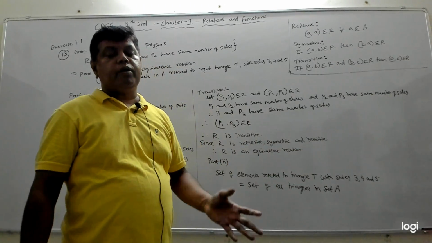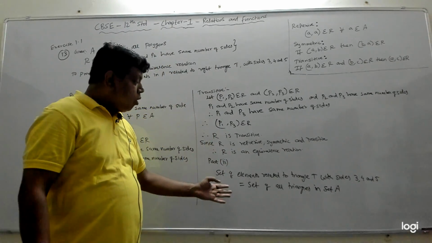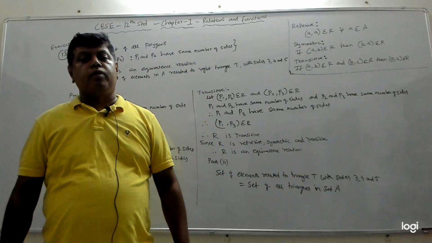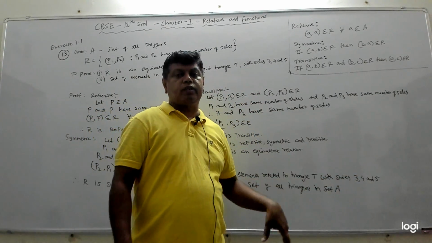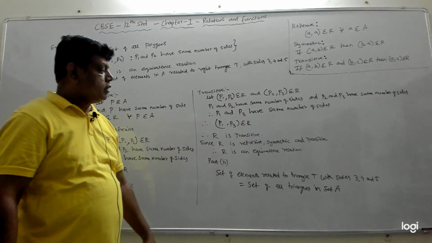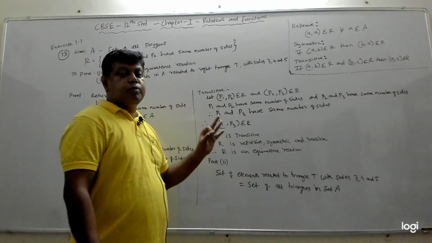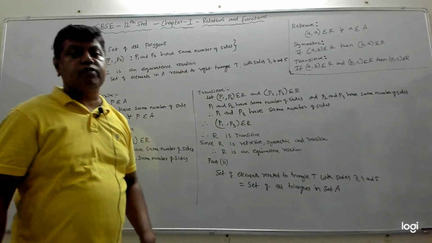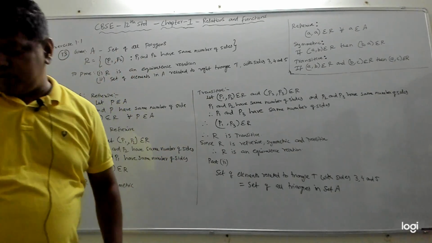And all the polygons having 3 sides, this means what? A polygon having 3 sides means it's a triangle. So all the triangles from set A will be related to this triangle with the sides 3, 4 and 5. So this does not matter. What matters is the number of sides. Whether it's a right triangle or not, those things don't matter. What matters is how many sides this triangle has. 3 sides, which means all the elements in A which have 3 sides are related to this, and all the polygons which have 3 sides are nothing but triangles from set A.